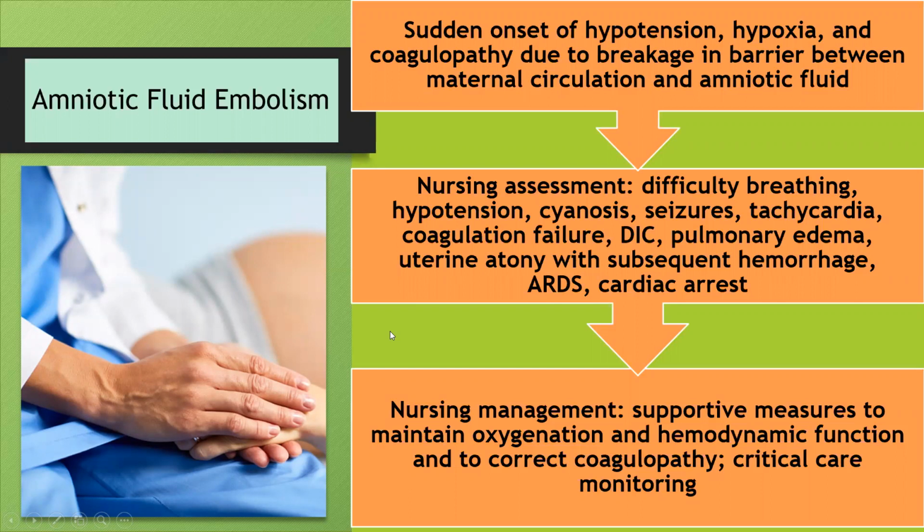The way that happens, still a lot of research is being done. We're not sure why sometimes there is a breach in those two systems where amniotic fluid or fetal tissue moves into the maternal circulatory system. But when it does happen, some women are very predisposed to have an immediate, almost like an anaphylactic response to it. And so the nursing assessment is sudden difficulty breathing, sudden severe hypotension, cyanosis, seizures, tachycardia, coag failure, meaning they go into DIC,